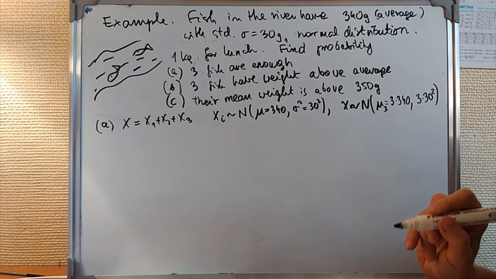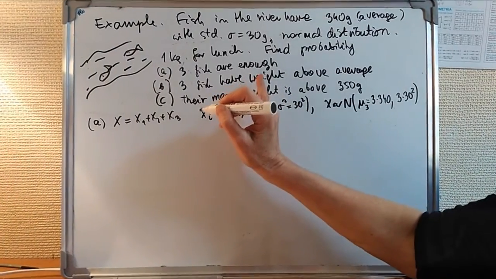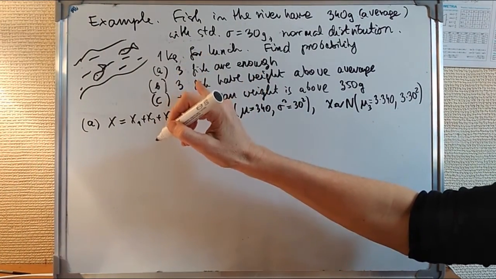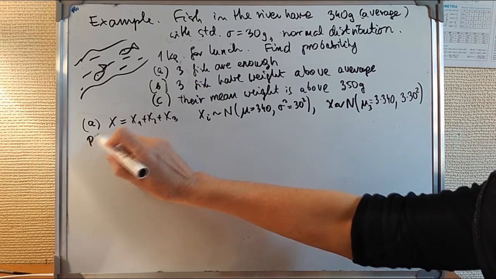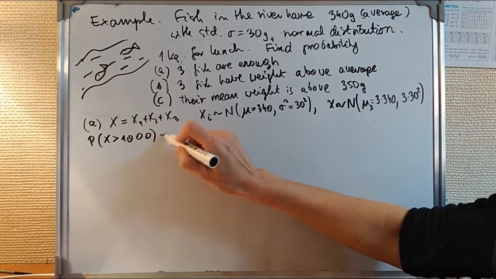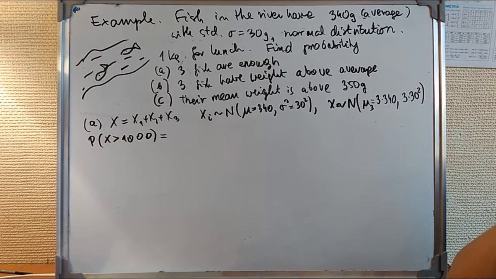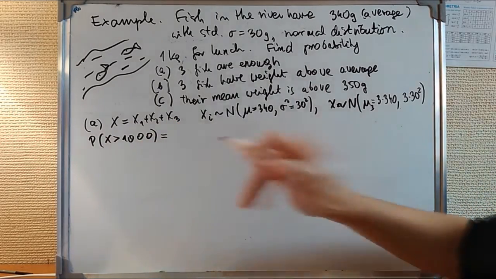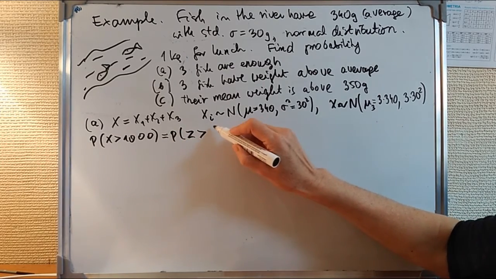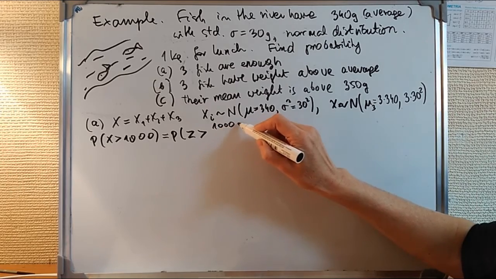Okay, so 3 fish are enough. It means that the sum will be bigger than 1 kilogram. So we find probability that x is greater than 1000. Now let's use the standardization formula. So this is probability that z is greater than 1000